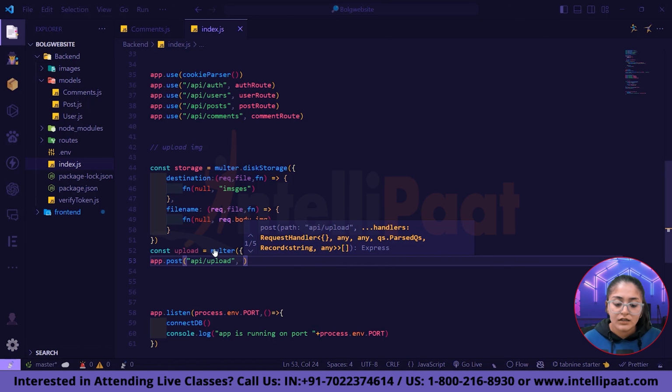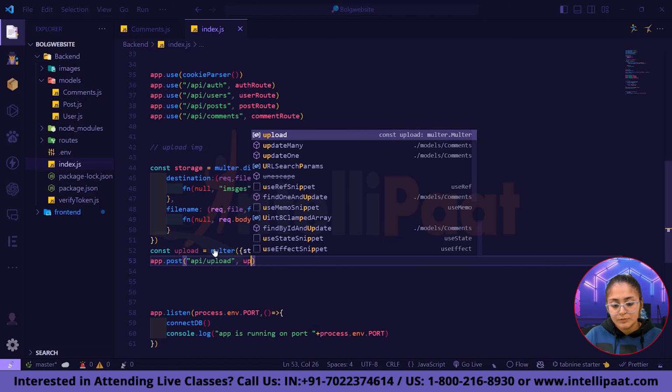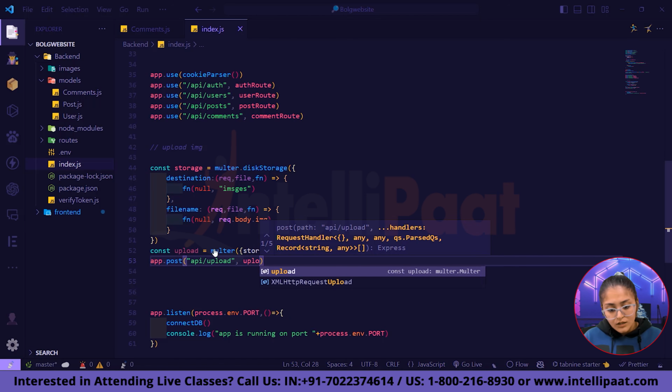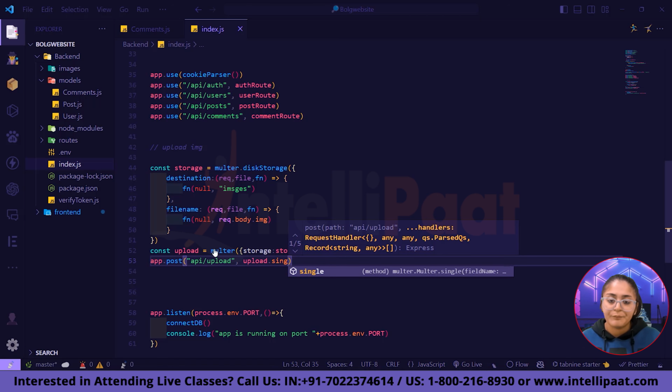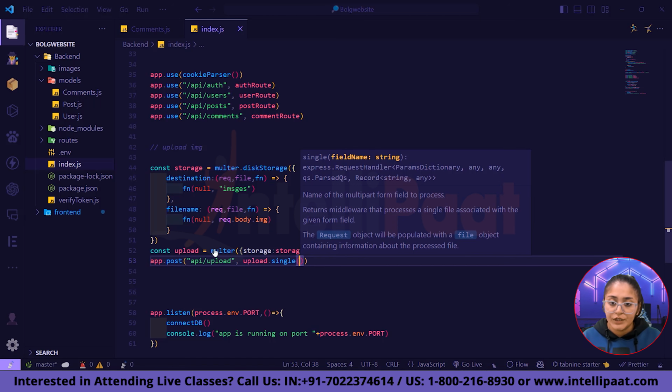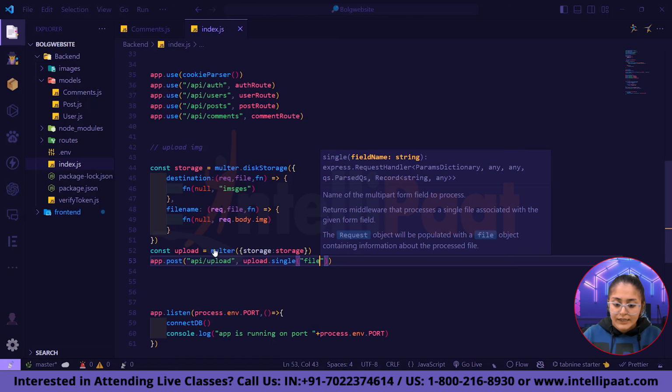So whenever we hit this particular API, the uploading process will get started. We can upload this particular image when we have stored it inside our storage named variable, right? If you directly write /upload, this will not work because we haven't stored any kind of images over there. Single, and over here we will write file,